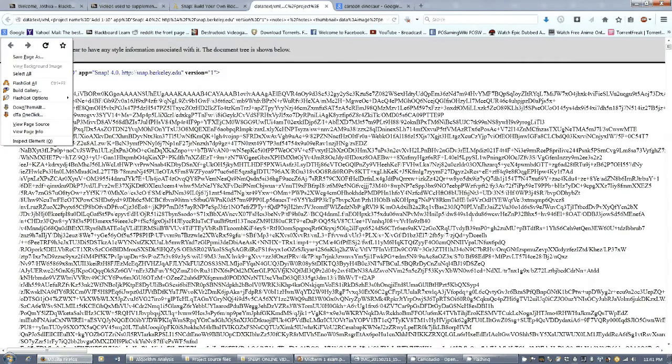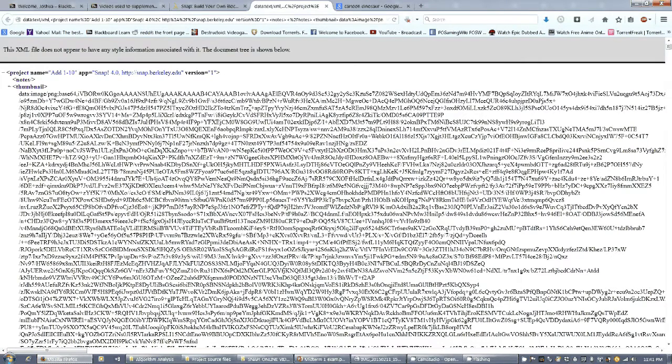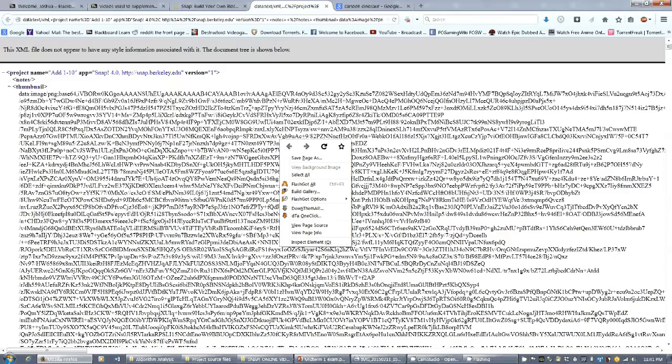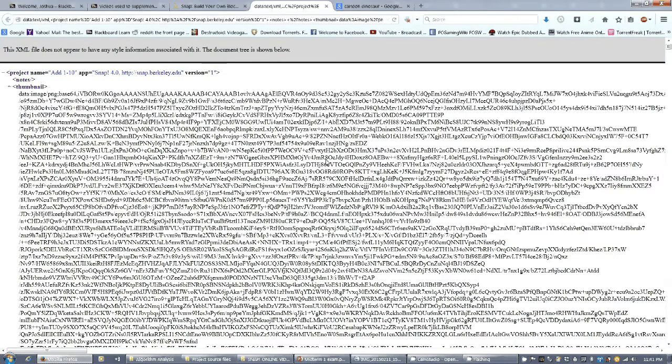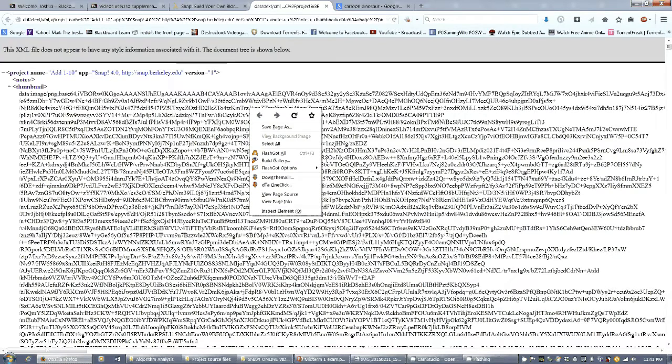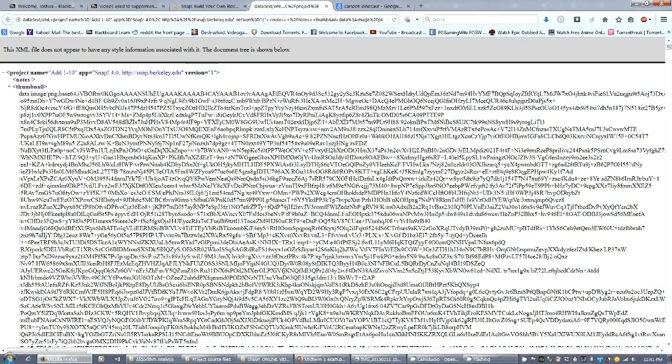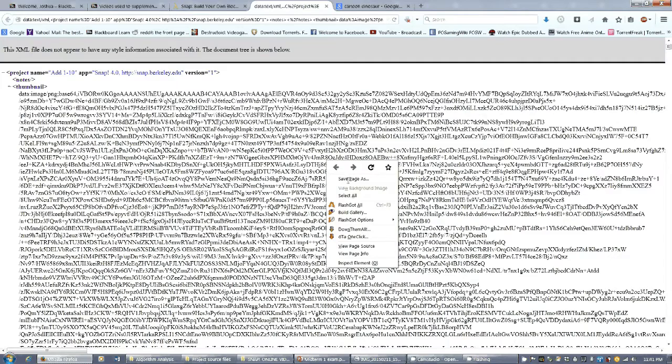So how we save this is anywhere on the screen here, anywhere where it's white, there's the text. We want to right click. Just right click your mouse and you will see save page as. It might not necessarily say save page as, but look for something that says save something. If the word save is in it, then that is good. So if we click that,